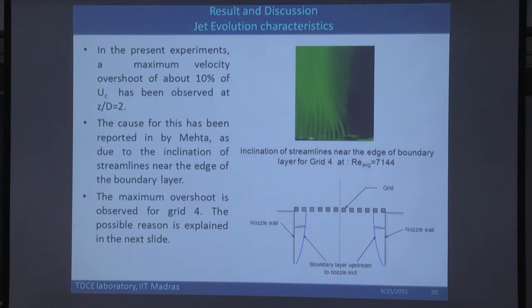See, what happens is you have the jet coming out at very high velocity. When you put a grid, the jets which are coming through are having higher velocities, but the jet at the boundary layer, because of the velocity gradient, has lower velocity. So the lower velocity jet will tend to be entrained inside the high velocity jet, because high velocity jets have more entrainment. So the low velocity jets start moving inward, thereby increasing the mass flow rate within a circle, meaning that the streamlines are coming closer together, thereby increasing the velocity at this particular location.